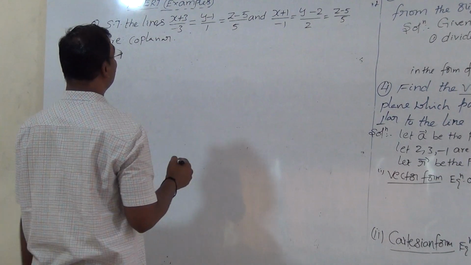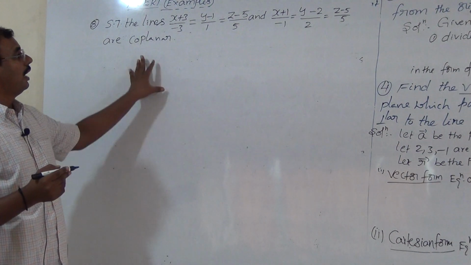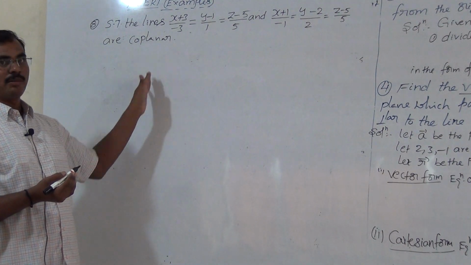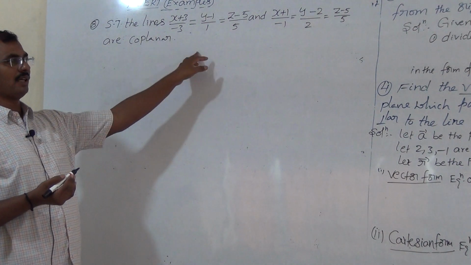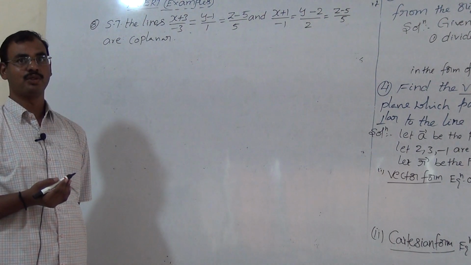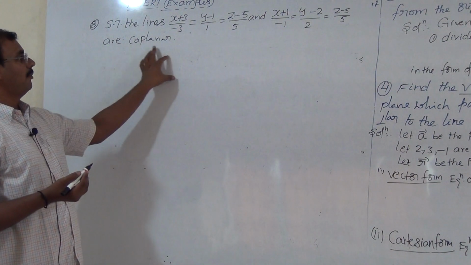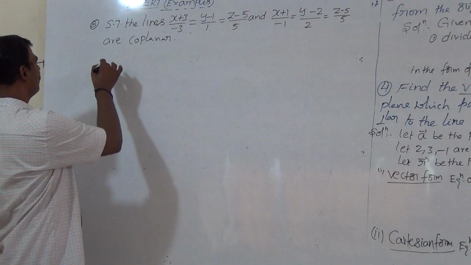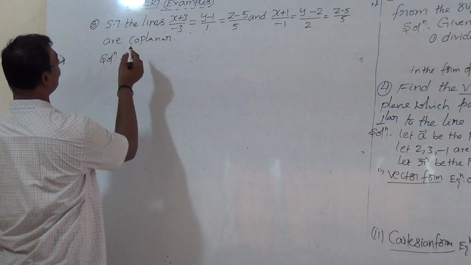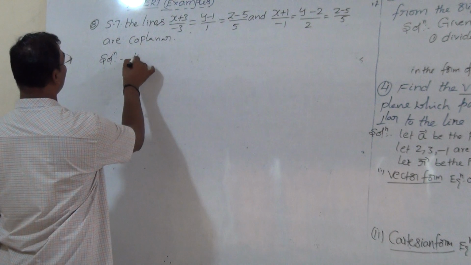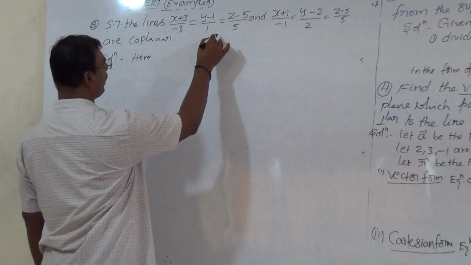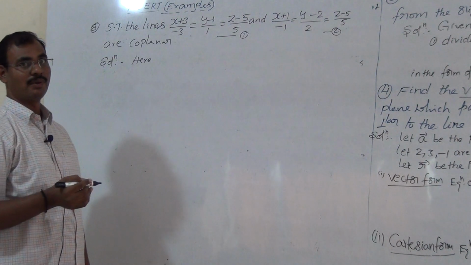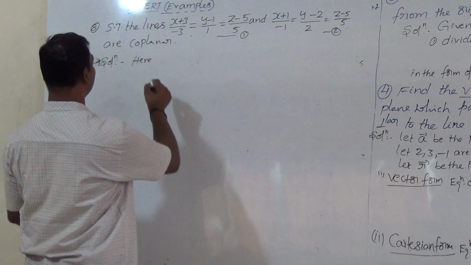So to show that 2 lines are coplanar, I have a given condition. What is the condition? In Cartesian form, the determinant of x2 minus x1, y2 minus y1, z2 minus z1; next row a1, b1, c1; third row a2, b2, c2 is equal to 0. So here, take the given lines, the first one. In the exam, write equation 1, equation 2. Comparing with the standard form, I am writing the points directly.